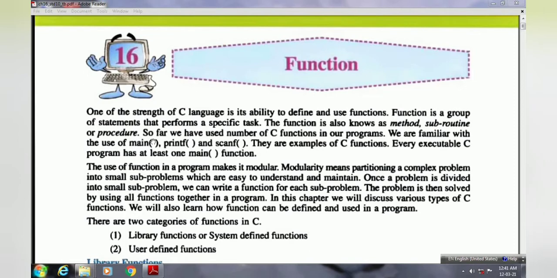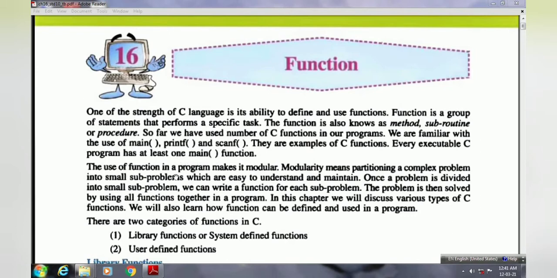In each and every C program, at least one user defined function is there, that is known as the main function. Next are the printf and scanf statements, which we use for input and output. These are examples of C functions. Every executable C program has at least one main function.